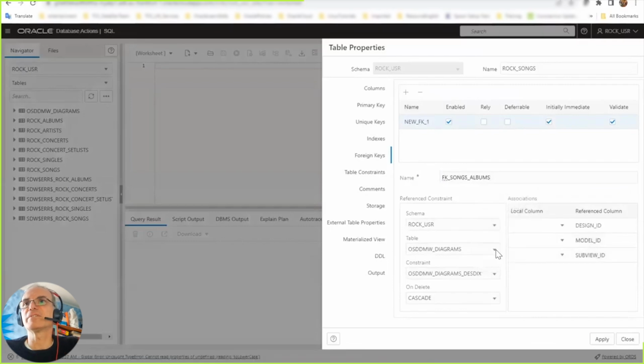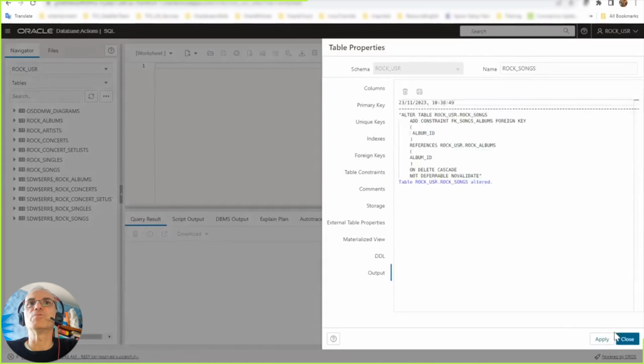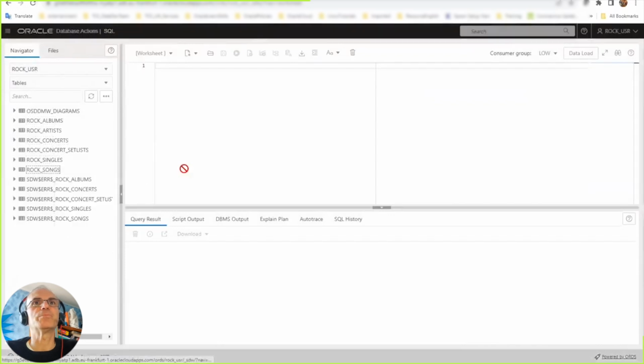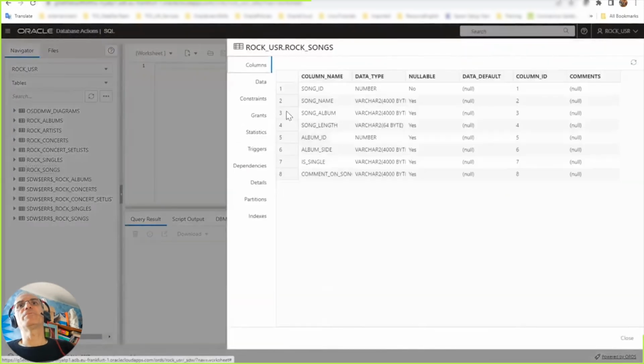Okay, let's do this. My table here is the albums, and I have my album ID. Apply again. So what do we have now? I open my songs. Now, when I open a table, from the data definition point of view I cannot change anything. I can only change my structures by doing the edit, as you have seen previously. Here, when I open a table, I can just read